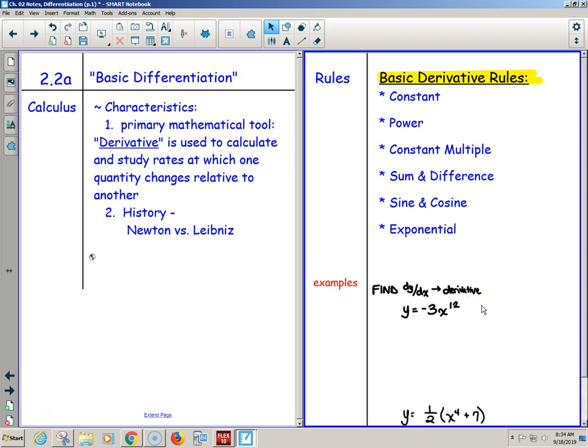I want to get to the fun stuff, so here we go. Basic derivative rules. Hey, I think this was a forever card in your summer packet. There were forever cards, except you didn't know all the ones before. But, constant rule. Yesterday, did we talk about what d/dx meant? Yeah, derivative, right? So the constant rule, d/dx, taking the derivative of a constant.